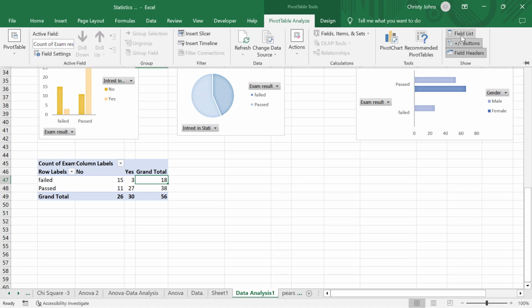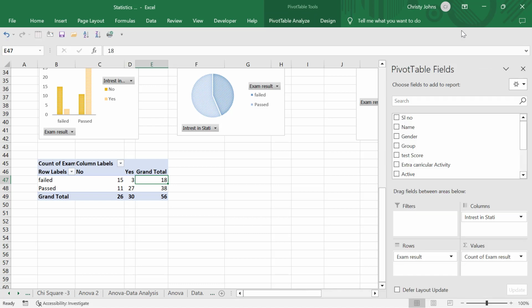chart type. So my field list was hidden, so I want to put it back. Go to pivot table analyze, and insert field list. So you can see the field list over here. Then I want to change the criteria inside my pivot table, and I want to see a new graph. So first of all, remove all this from the pivot table,